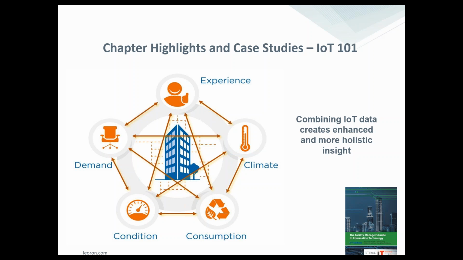Some of the individual ones you might guess as to what's going on, but when you start to layer in demand and user experience and climate and consumption against each other, what you might find out is that there's a tremendous opportunity that you'd never considered because it really wasn't self-evident. But you now have a whack of data. I think most people would call it big data in that situation, that you're able to mine, overlay, and start to get an insight that will help you understand something that you never really understood before.